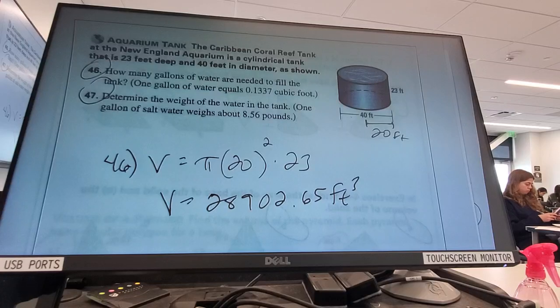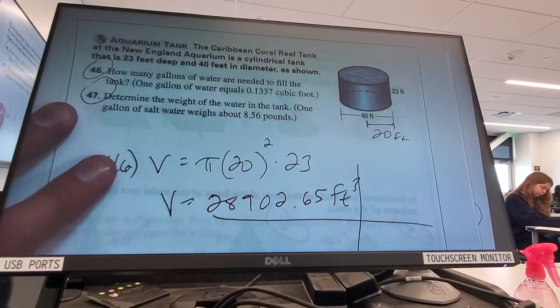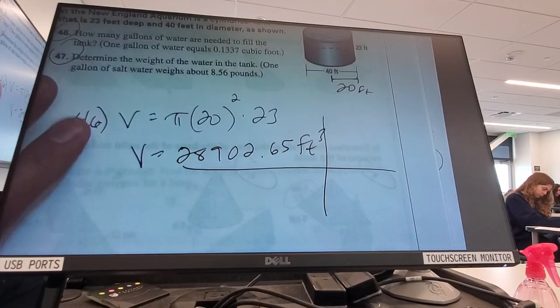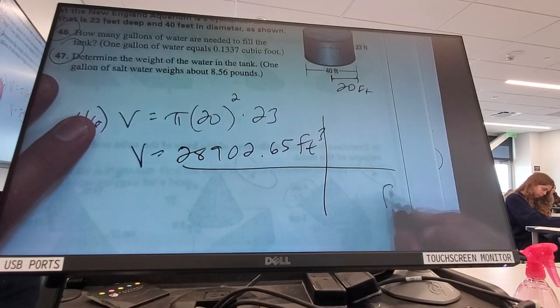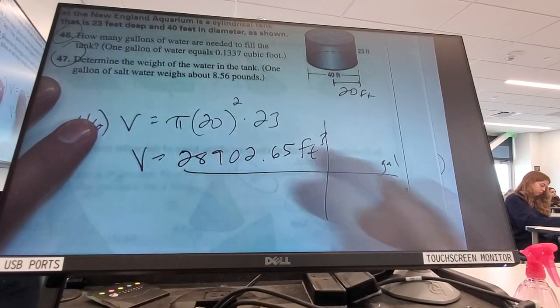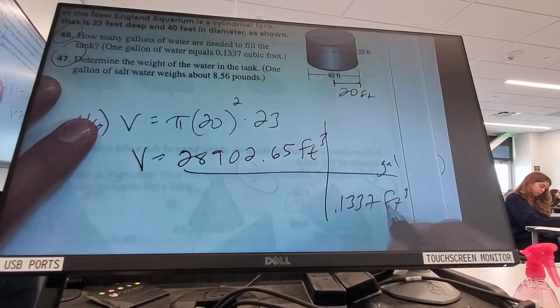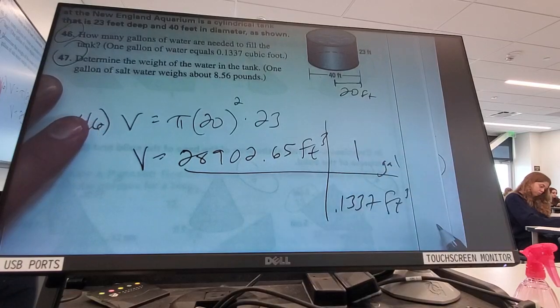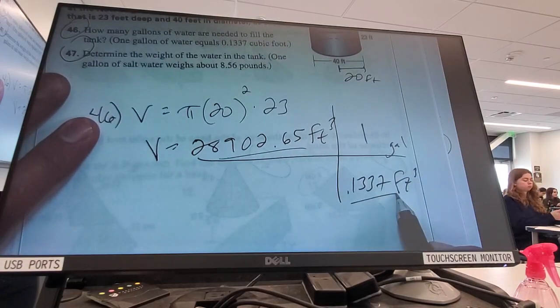And we have a method to convert, yes? We have that little grid method. So if I set up my grid, what units do I want to kill? I don't want them there anymore. Feet cubed, cubic feet. I want to replace them with gallons. And then I just put the right number in the right place. 0.1337 cubic feet is 1 gallon. So if I divide these,